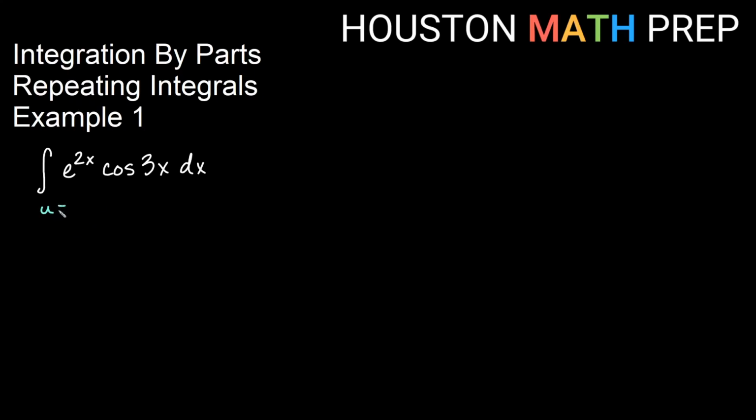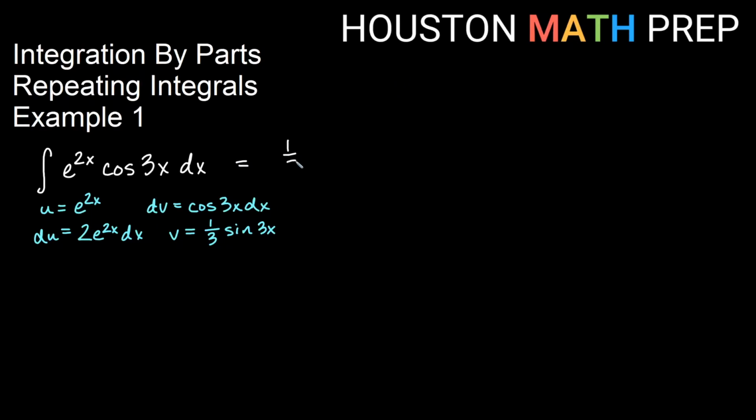Here, if I just go ahead and let my u equal e to the 2x, and I let my dv equal the cosine of 3x dx, then du, my derivative here, is going to be 2e to the 2x dx, and my v, the antiderivative of cosine, is sine, so we'll get a sine 3x, and because it's an antiderivative, the reciprocal of 3 will come out, in other words, 1/3. So here we will get uv, which is 1/3 e to the 2x sine 3x,